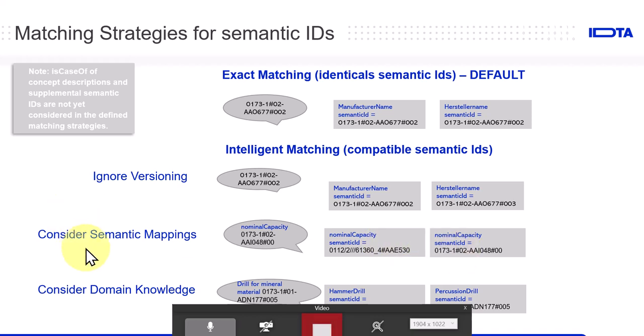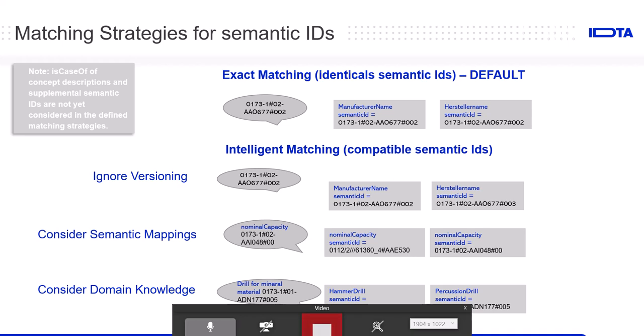If you have such a semantic mapping list, then you can also use it as one kind of intelligent mapping. And another way of intelligent matching, which is more about ontologies perhaps, but also about classifications,